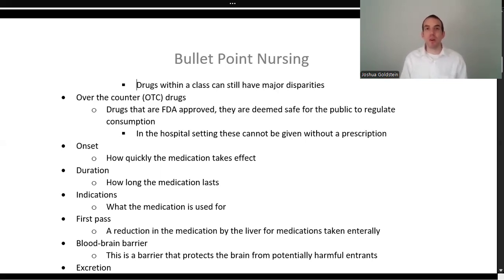But if I took it PO, then it went to the stomach, and in order for it to get to the bloodstream, which is where most medications have to go in order to have their effect, it has to go through the liver. That's called the first pass effect. The most important thing to know about the first pass effect, in addition to that it is only applicable to PO medications, is the fact that the first pass effect will dramatically knock down the amount of a drug that's